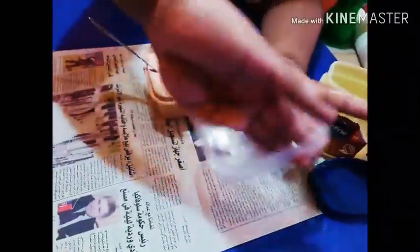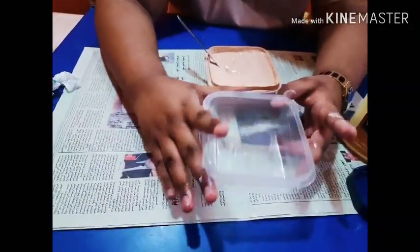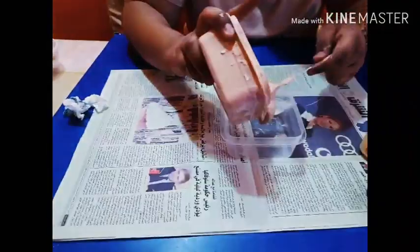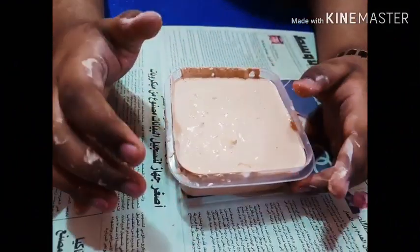same size empty container and I'm gonna grease it nicely and properly, completely from the inside. All the corners should be thoroughly greased. The entire box from the inside should be thoroughly greased, and then the entire cement should be poured into this container. Now that it's completely leveled,